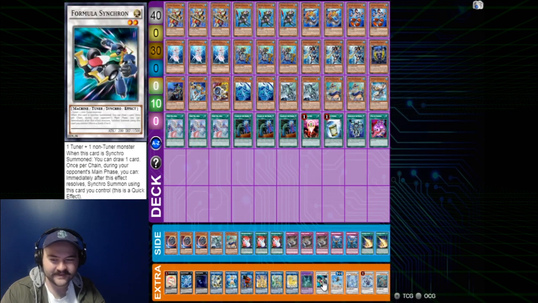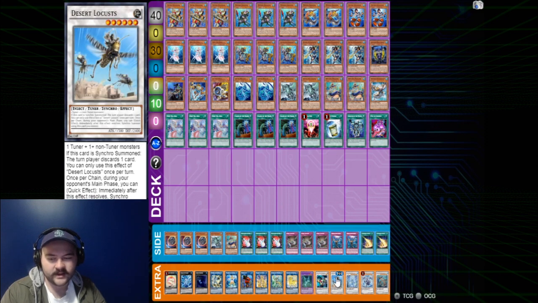Formula Synchron for the broken Hakla Fibrax plays. You end up going really plus here. Yeah, I prefer to usually do the discard unless it's like versus Adamance, not Eldritch. Then I'll go Formula Synchron for the draw. You get the Desert Locusts,